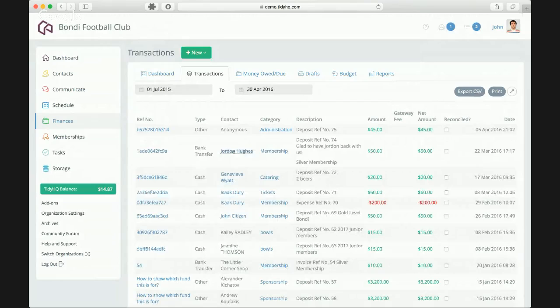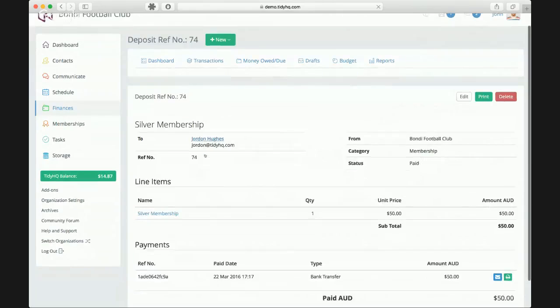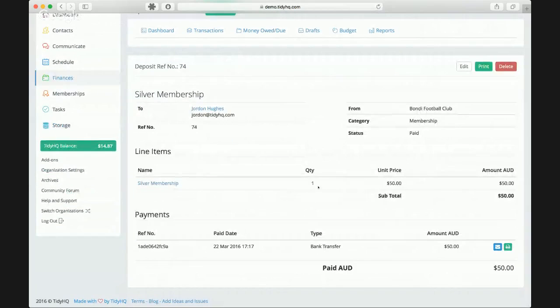You can also do, this is obviously a link to the contact. This is a link to the memberships area and the actual deposit. Up here, you'll see that you can delete deposits. You can only delete manually imported